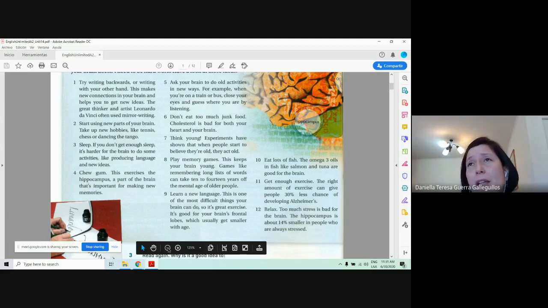Neuroscientists always say that we need to make new synapses in our brain, and this is a good way to do it. So remember, tip number 1, writing backwards or using the other hand. So are you left-handed? Any one of you? Javiera, Catalina, Gustavo, are you left-handed or right-handed for writing? Right-handed. Okay, so it is one of the recommendations to help your brain exercise to do something